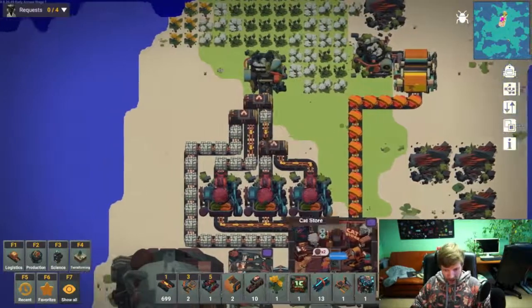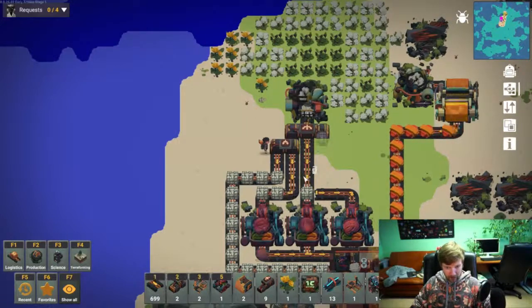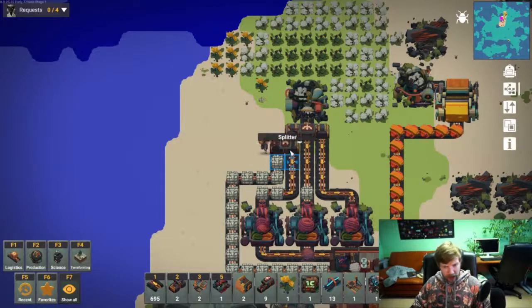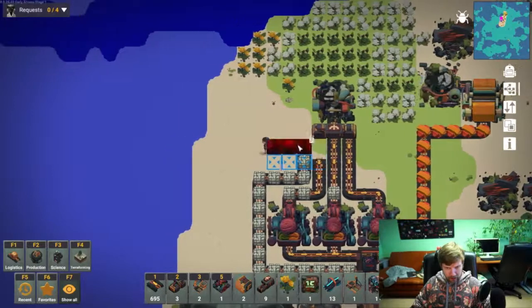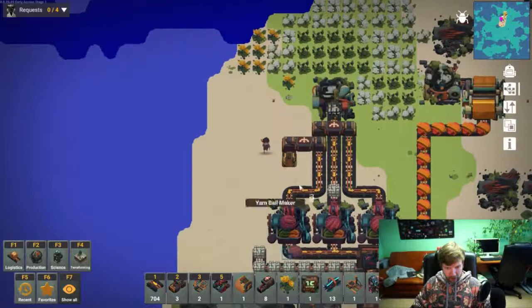Oh, and hey, I have my triple splitter thing available to me. So I can now have separate lines for those two. And what am I gonna do? Yeah, you know what? I'm gonna install another triple splitter here, and this one is going to end with a tunnel. Yeah, I know. And I'm going to eradicate this line because I'm going to fill it